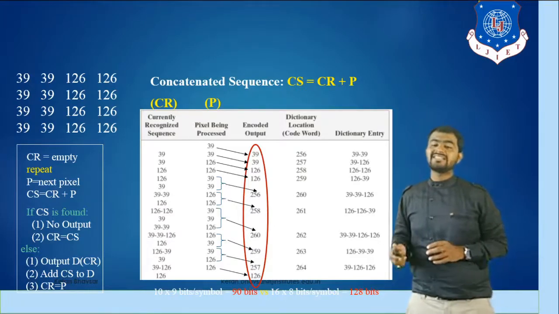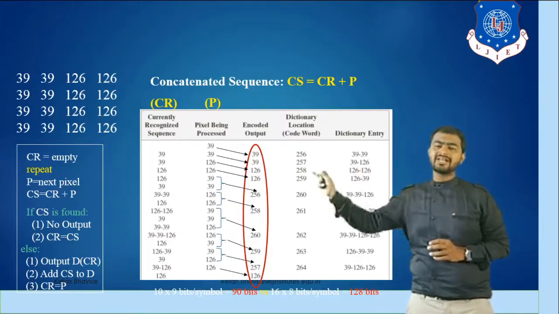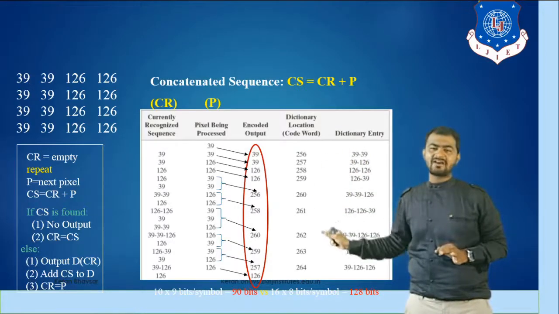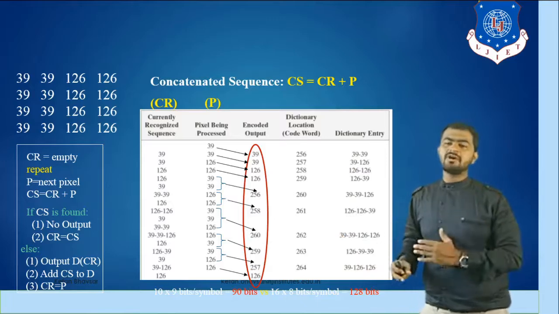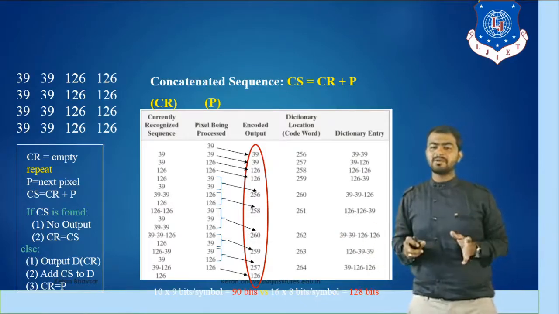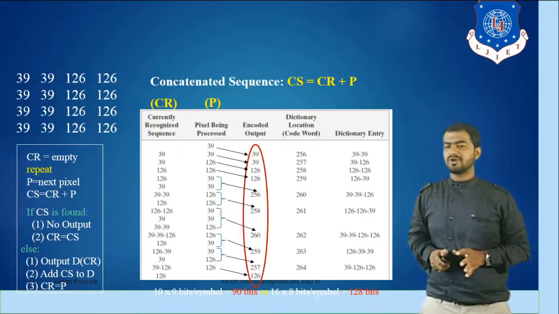So I hope that you are getting the idea about LZW. Make sure that you create a table first of all. After creating the table, you have to make pairs of this data. After pairing, you start after 255, which is completed. Okay, so I hope that you are getting the idea about this type of coding technique.